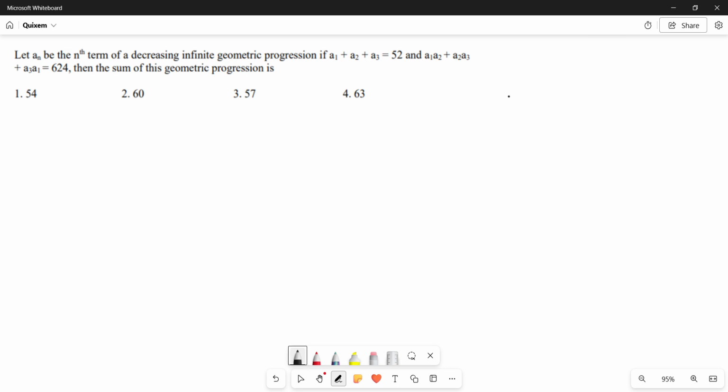Hello all, welcome back. Today we'll solve one problem related to geometric progression. This question appeared in CAT 2025. So an is the nth term of a decreasing infinite geometric progression, and if a1 plus a2 plus a3 equals 52, and a1a2 plus a2a3 plus a3a1 sums to 624, then what is the sum of the entire